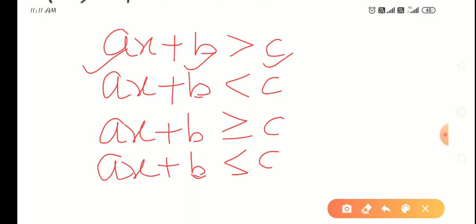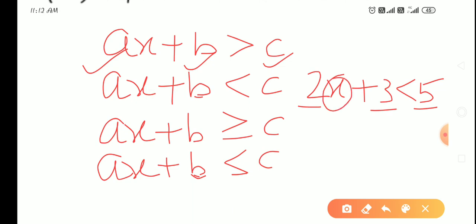a is not equal to 0. a cannot be 0. For example, 2x plus 3 is less than 5. So in this linear inequation in one variable, you can see that in place of a, b, c, the numbers 2, 3, 5 are written. These are real numbers and the variable x is used. In place of x, the variable y or z can be used. So that will be a linear inequation in one variable. Next point is coming,